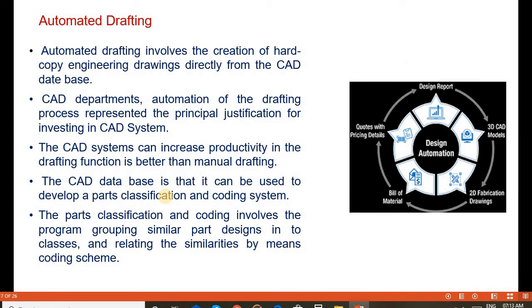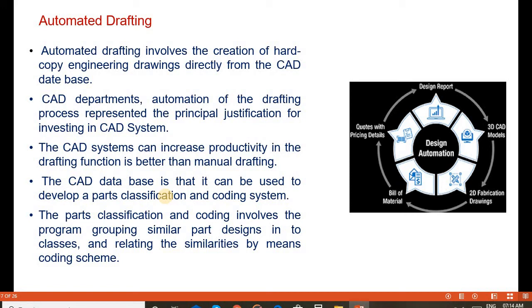The next step is automated drafting. Once the design is reviewed and evaluated, next we have to go for the drafting of the object, product, or components. Automated drafting involves the creation of hard copy engineering drawings directly from the CAD database.